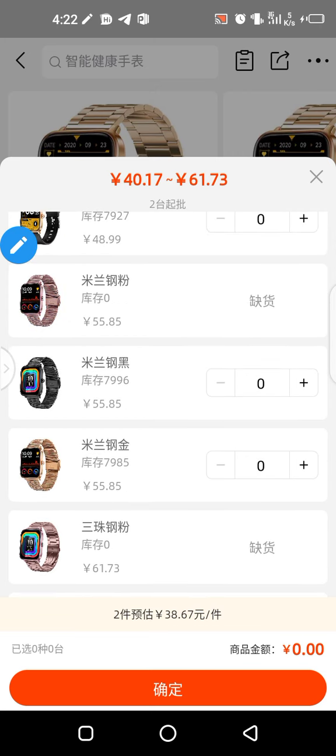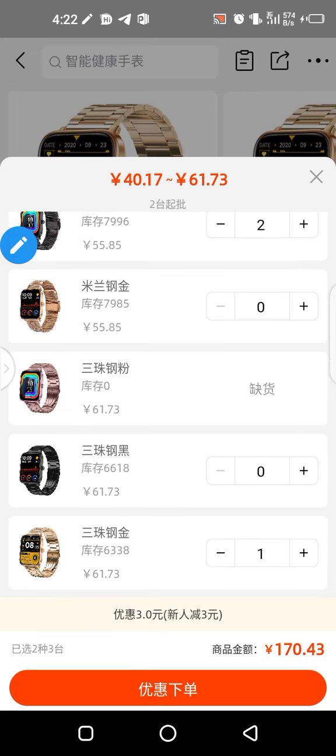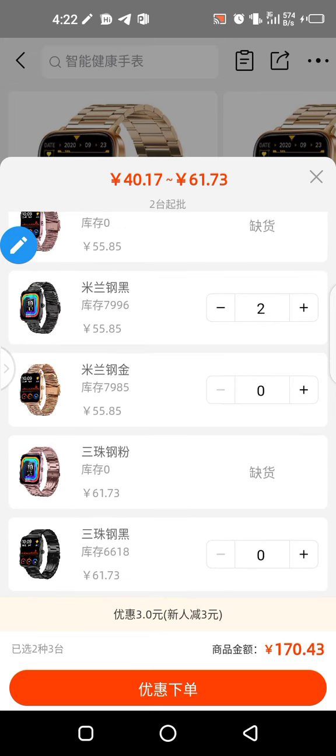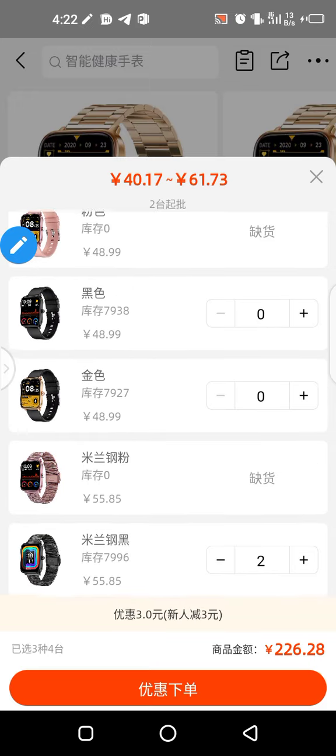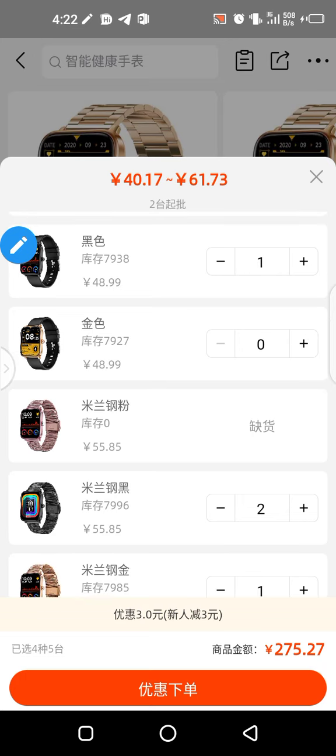I'll just click on the plus, 2. I want this one, 2, 1. I'll click on it, 1. I want this one, 1. And I want this one, 1. So that means I've ordered about 5 or so, in different